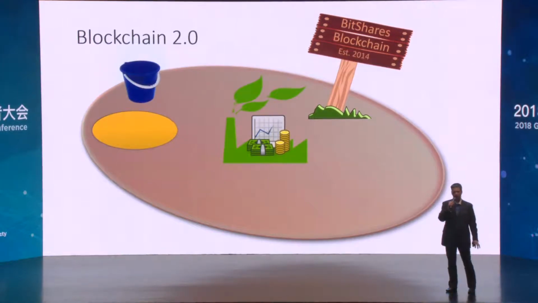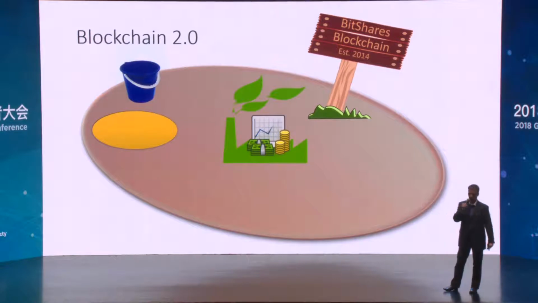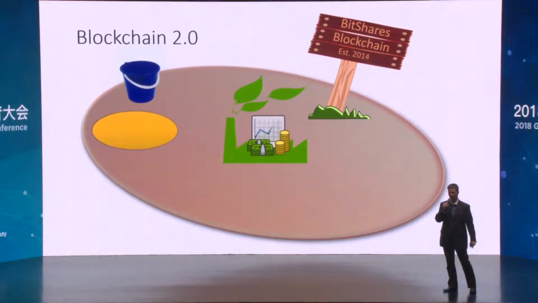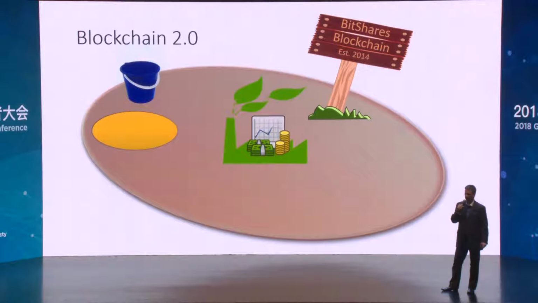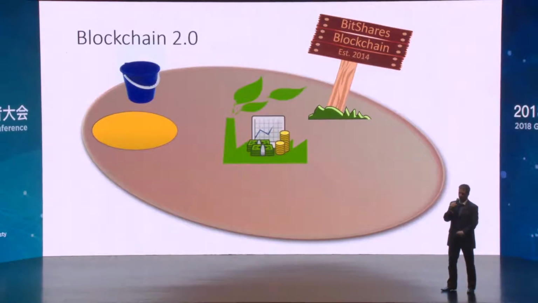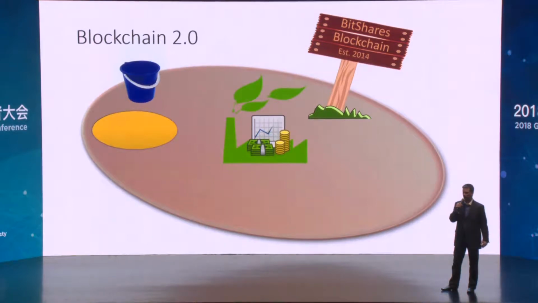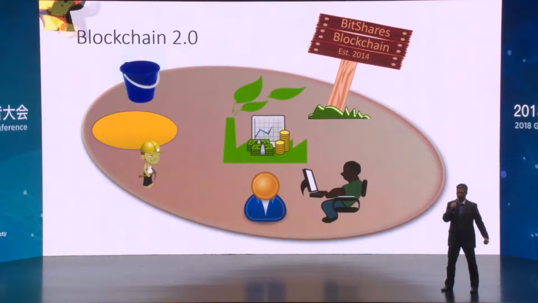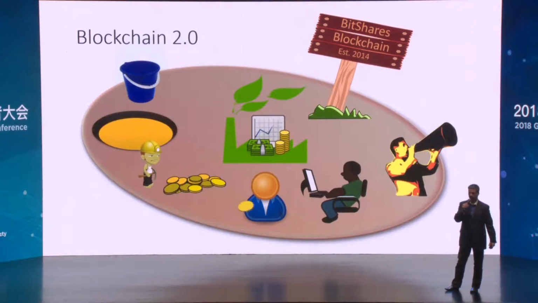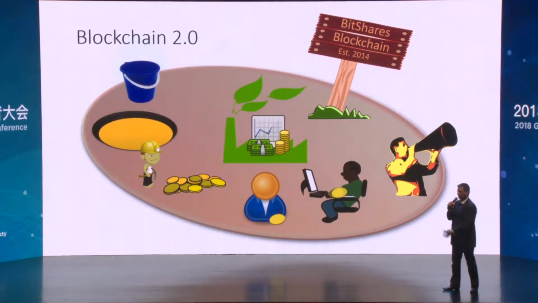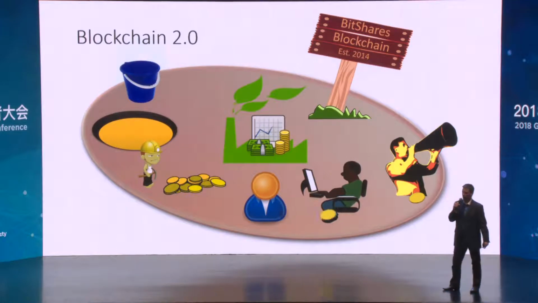So here we have a different bucket. We have a blue bucket instead of that wood bucket that we saw before. But basically, this is the same. We turned that one on, and the BitShares blockchain started in 2014. And of course, we see that the same people show up, right? We've got our block producer sending tokens around to all of the other users.